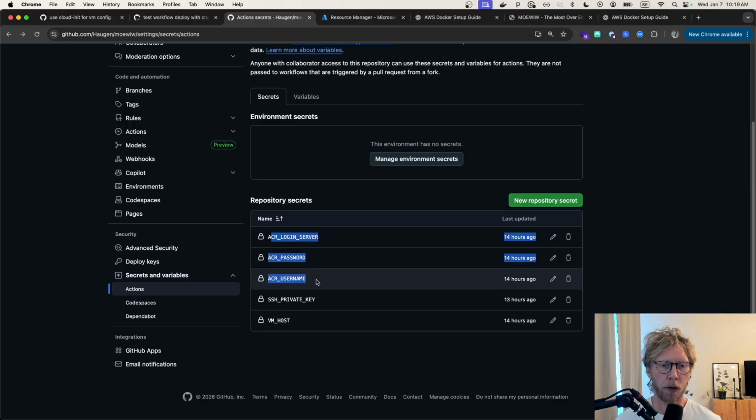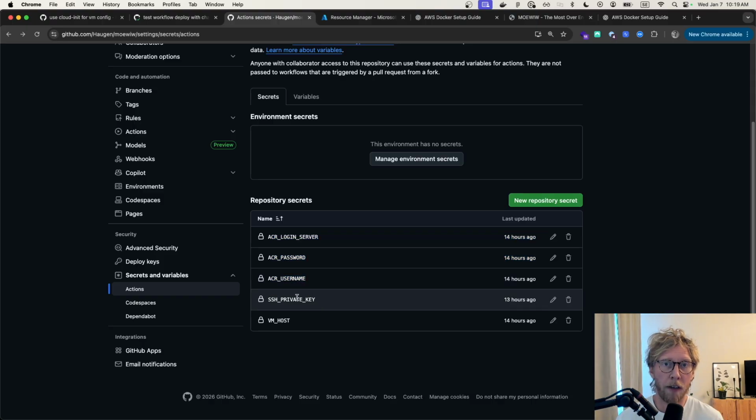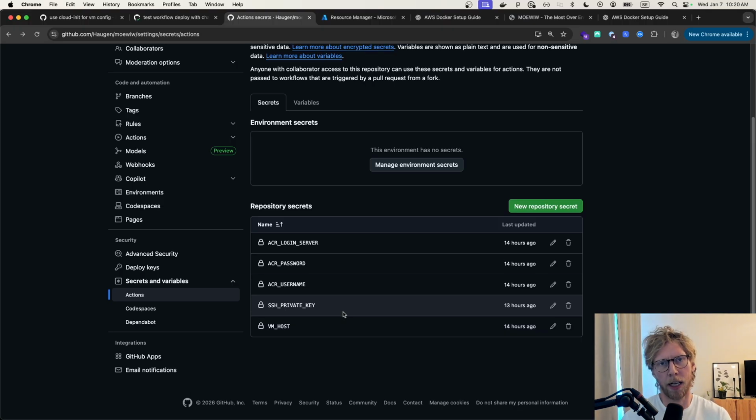So these are a few secrets that we get from the Azure Container Registry that we want to be able to use in our pipelines in GitHub Actions to sign in to the registry. And we also have added an SSH key and the IP address of our virtual machine. And one thing I learned here, which was actually useful, is that even though this repository is public, it is